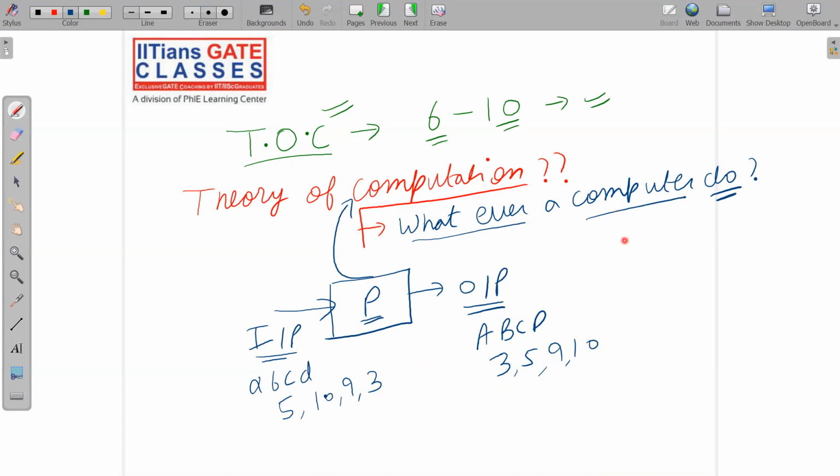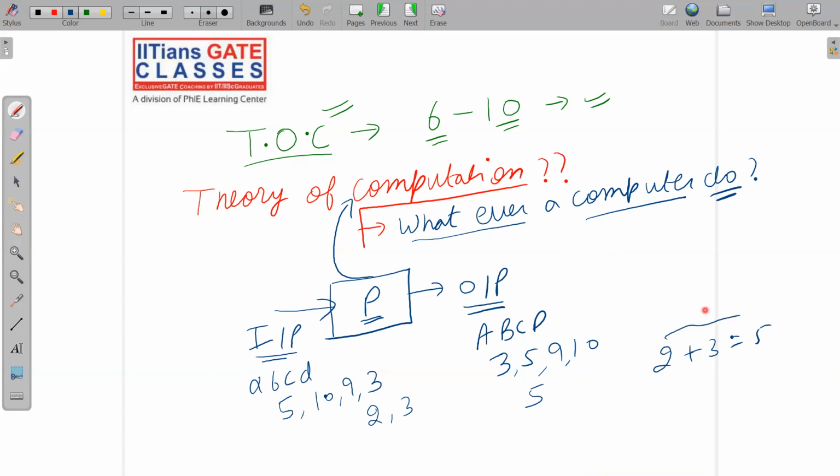So roughly, I have already told you whatever a computer does is nothing but a computation. You are making programs for lots and lots of problems now. Each and everything whatever the computer is doing is nothing but a computation. Another simple example can be you are giving two numbers as input, say 2 and 3, and the output is 5. That is nothing but 2 plus 3 is equal to 5. So the computer is doing an addition operation. This is also an example of computation.